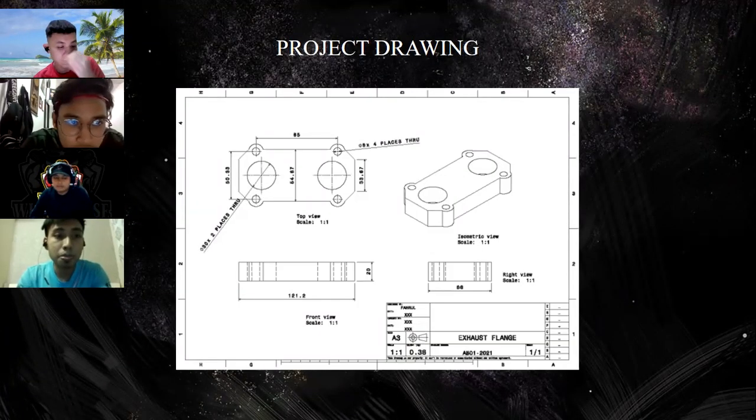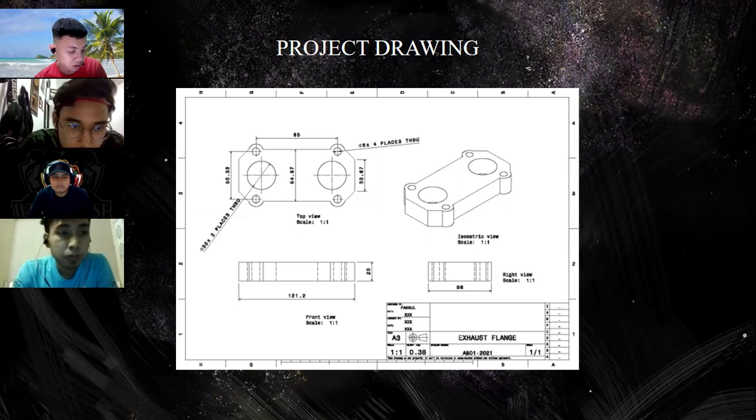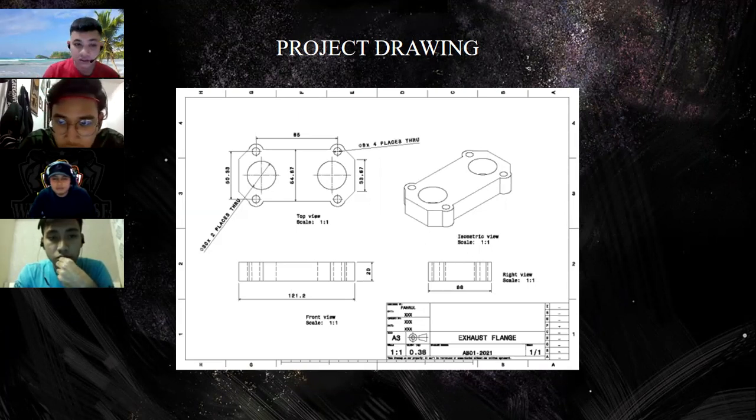Okay, for the drafting and design process, the first step is that we design or sketch our own exhaust flange with dimensions found on the internet, and we also change a few dimensions and redesign it to be ideal and suitable. Next,